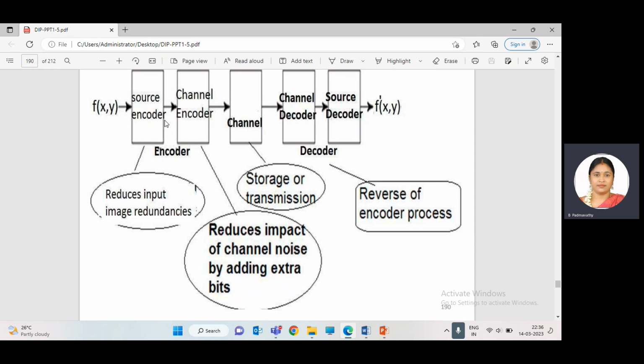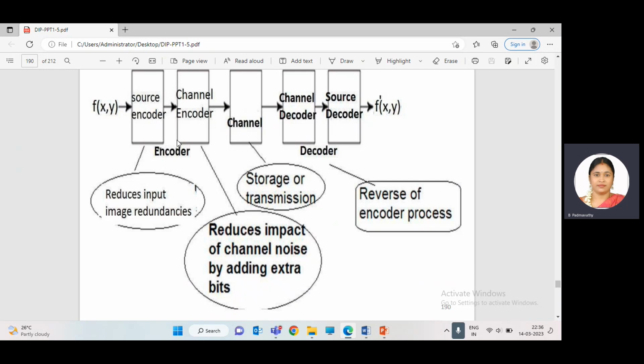The specific application associated with the fidelity requirement dictates the best encoding approach to use in any situation, and the approach can be modeled by